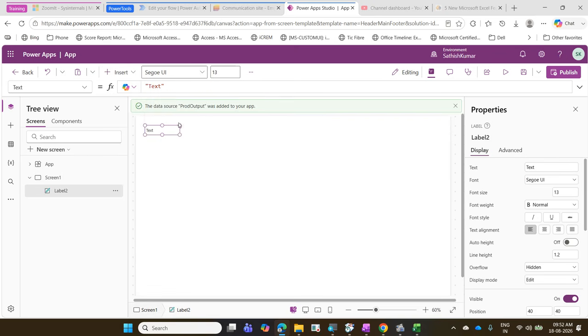And I can increase the height and width of this text label. I'm just increasing the height and width of the text label. On the right hand side, you can see the properties of the text label are available. Properties, label, label 2. So it's the name of this control. It is a label, and the name of that label is label 2,